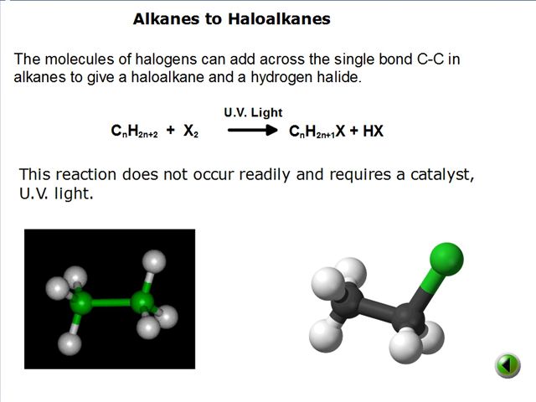but it's not a reaction that happens readily. That means it requires a catalyst and it requires time. Now the catalyst required for this reaction is ultraviolet light, so we need to sit this reaction in sunlight or some other source of UV light. You put this reaction in a dark cupboard and nothing's going to happen. So for example, if we take an alkane and we react it with bromine, Br2, with ultraviolet light,